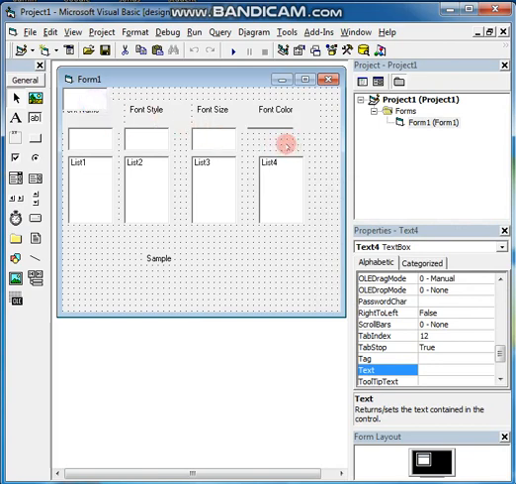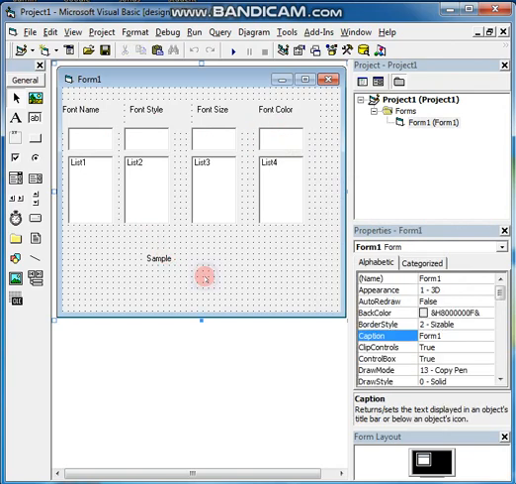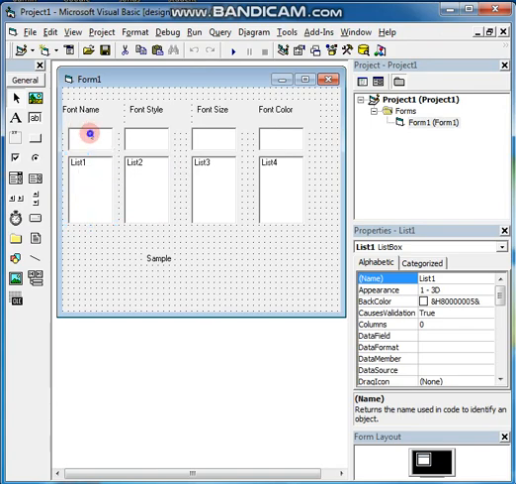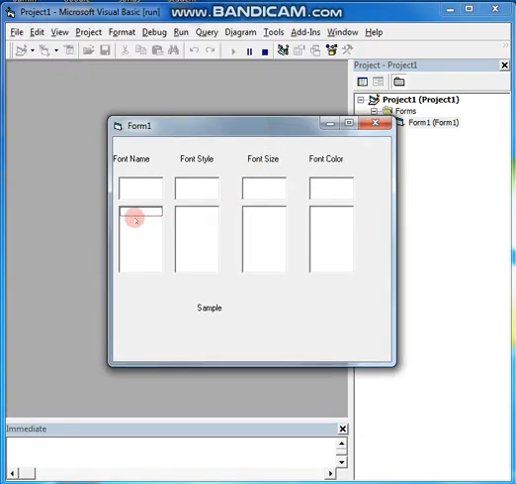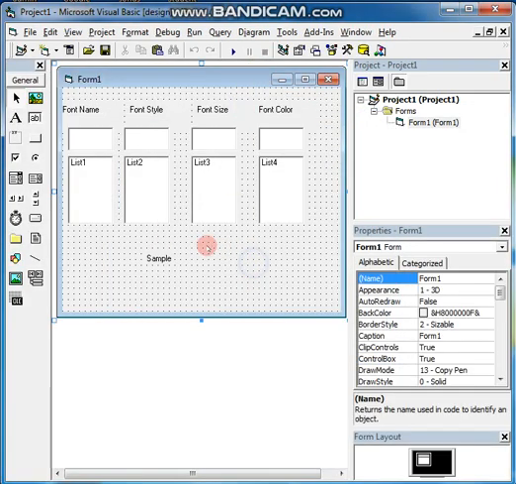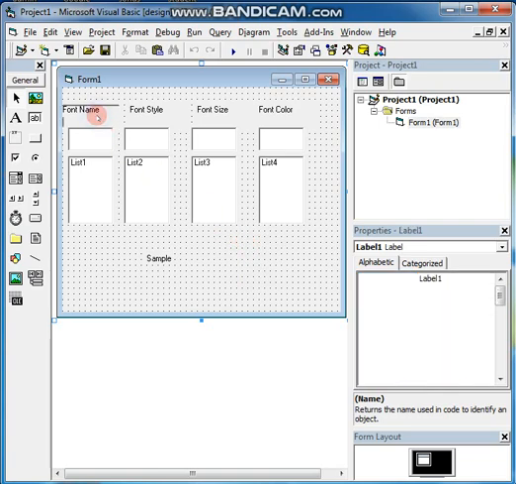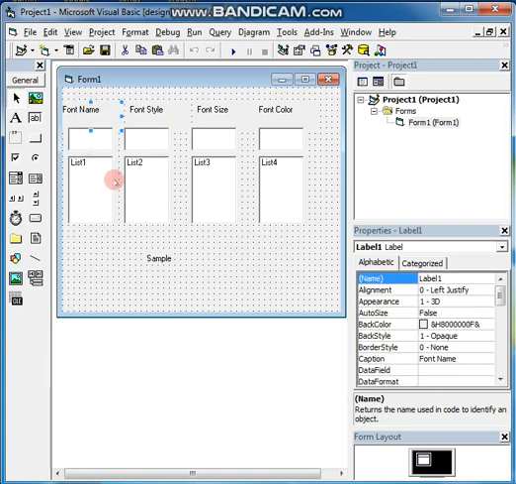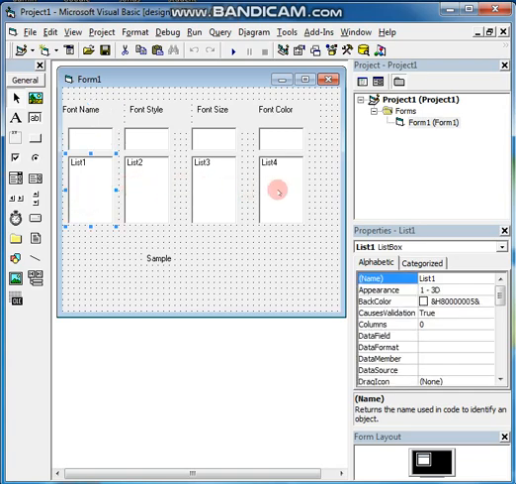Now we will concentrate on the coding part. This is what, the design is completed. Now we have to write the coding part for it. When I click here, the content whatever is here will display here. Now let us enter the content because when I'm running this program, see there is nothing here in the list box. So there should be some content. So how can we add it? Go to form load, because why? When the form gets loaded, when the form opens, that time the content of list 1, list 2, list 3, list 4 will be displayed.